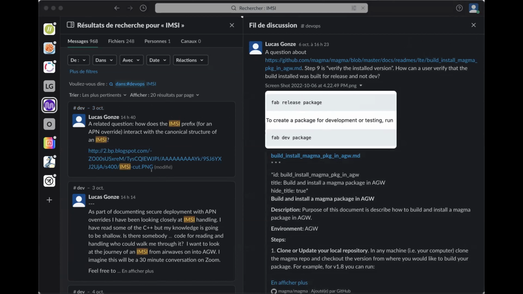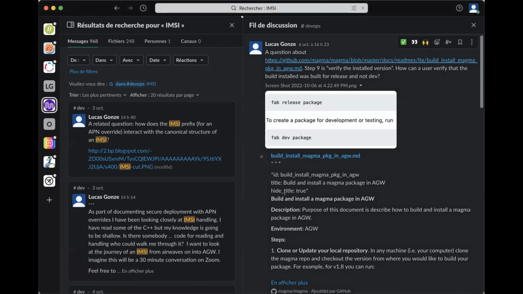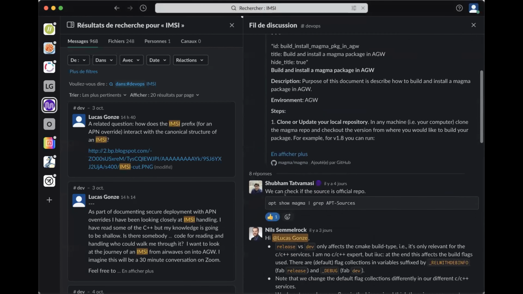And there is a risk that a deployer will install a dev build into production. And I think we should advise deployers to check that they haven't installed the debug version. And so there's a question of how they would do that. We discussed a method to do that in Slack.